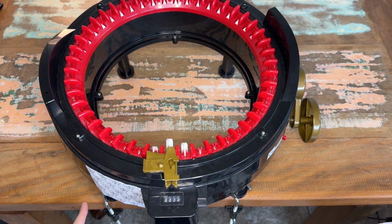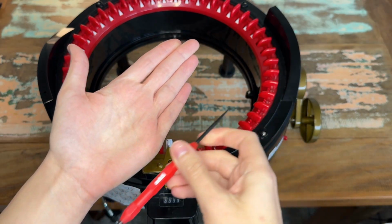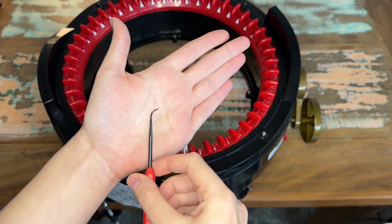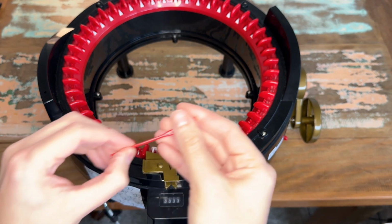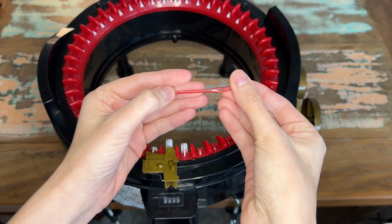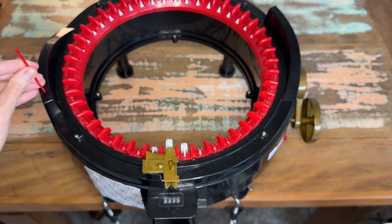these is very easy. Next, we have this double-sided Addi hook tool, and it's great when it comes to troubleshooting drop stitches. And lastly, the plastic darning needle. Now mine is a little janky, but that's okay, and it sits right here in the machine, which I think